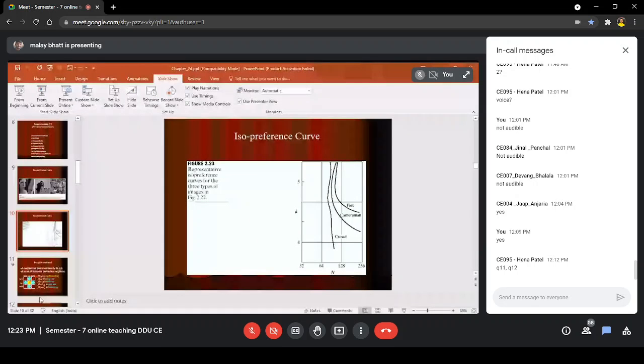That is known as the isopreference curve. You can say that for the face image, the first one, even if you go to a gray level of 5, and with an image size between 64 and 128, you can recognize it very well. You can see the curve, because it has a very low detail.